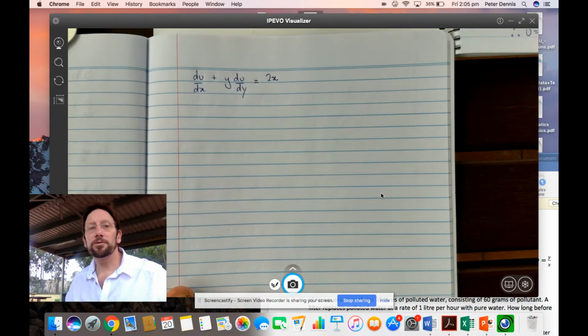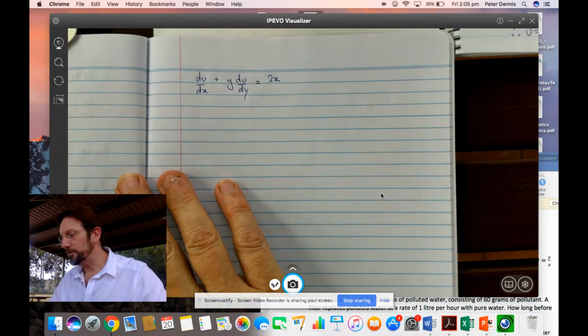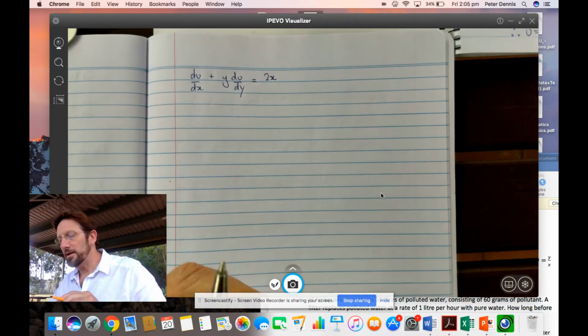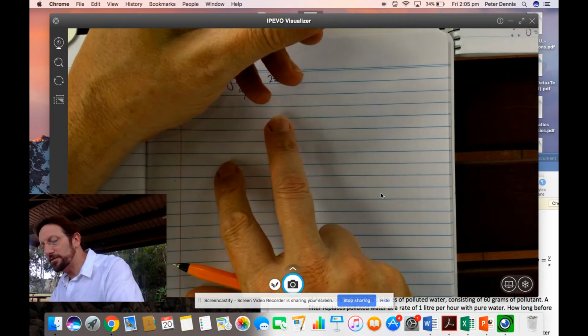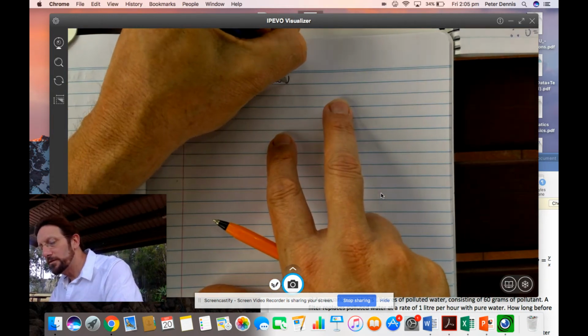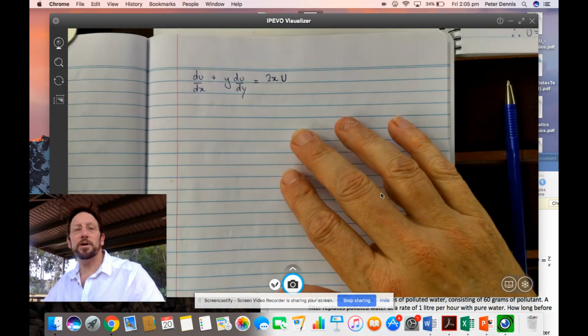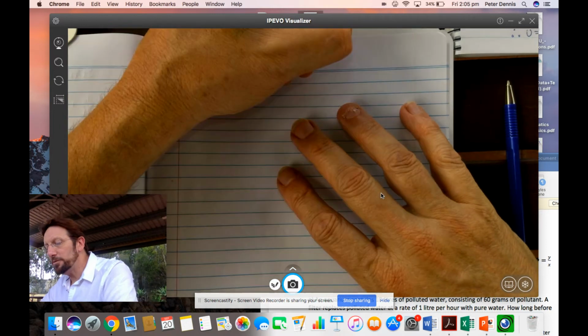Okay, so we're going to do separable equations. So a separable equation, we can see that we've got these two things here, and we'll just put a u there as well. So we're trying to solve this. So the first thing we need to understand is that the first thing we're going to do is